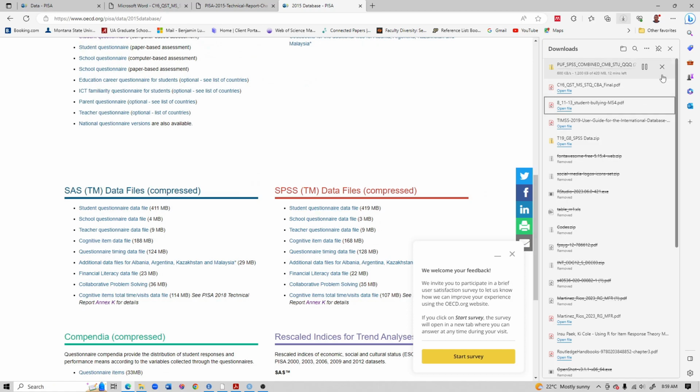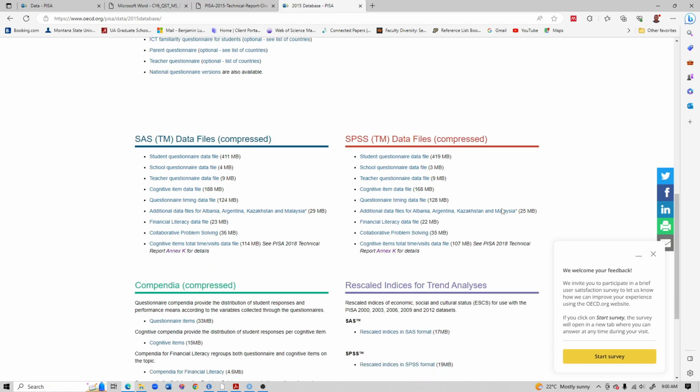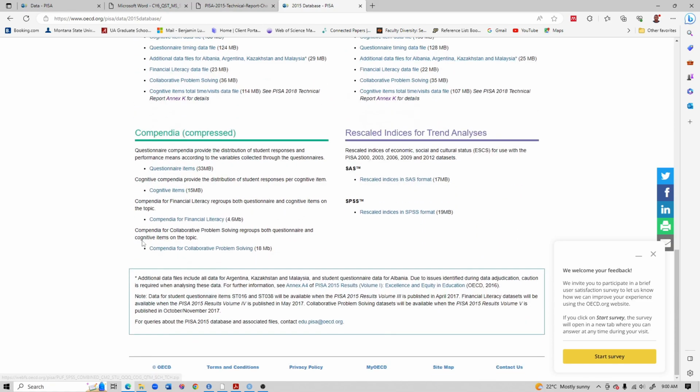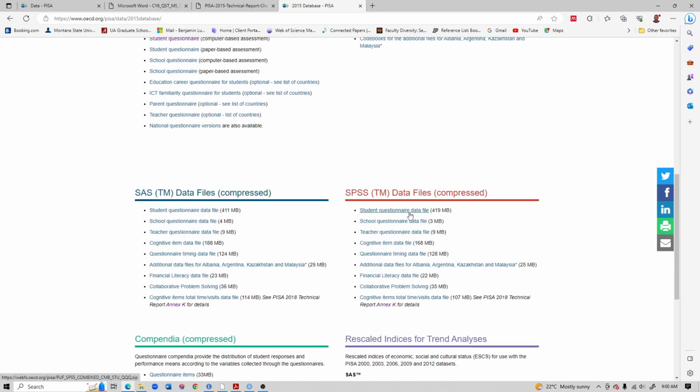Okay, but because I have already downloaded it, I'm not going to download it once again. Okay, so I will delete that. Yes, so click and download it. The size is 419 megabytes. Okay, and after downloading it, make sure to extract the file as well. Okay, so these are some other data that you can maybe download and use for your research,